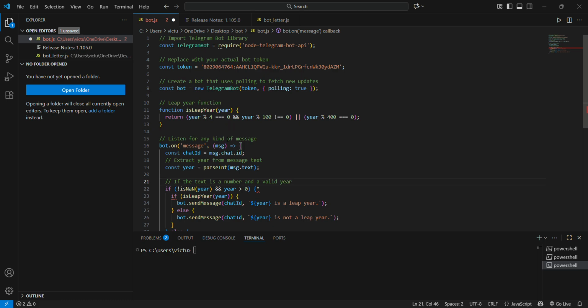And then the next step is listening for messages. That is what we all want, the chatbot should listen to our messages. For that we have written this line of code. The bot.on message event triggers whenever someone sends a message to our bot. We get the user's chat ID and convert the message into a number using parseInt,